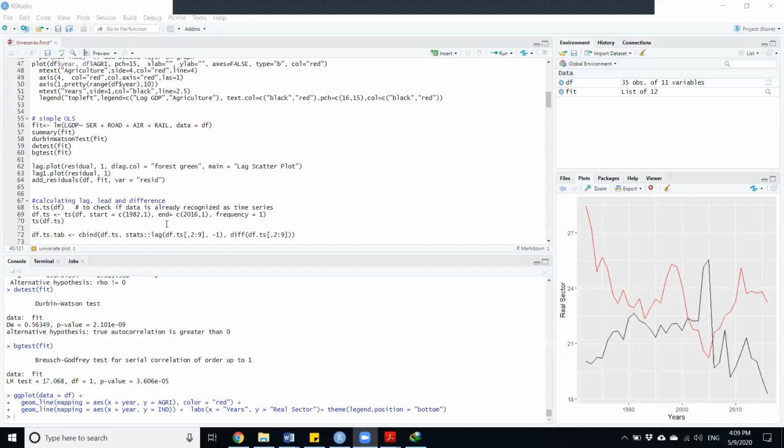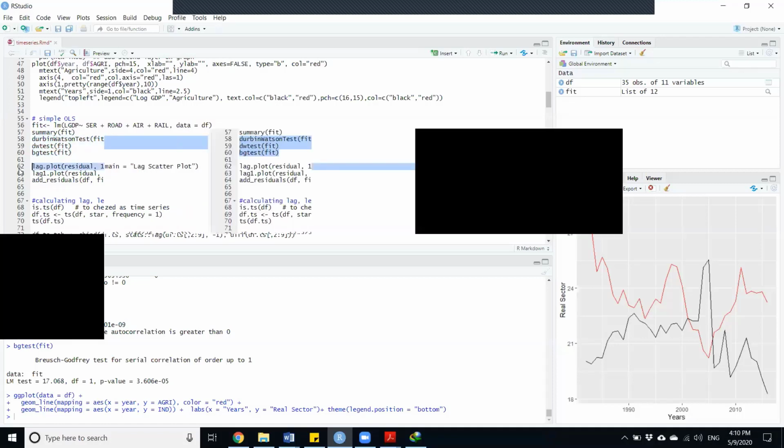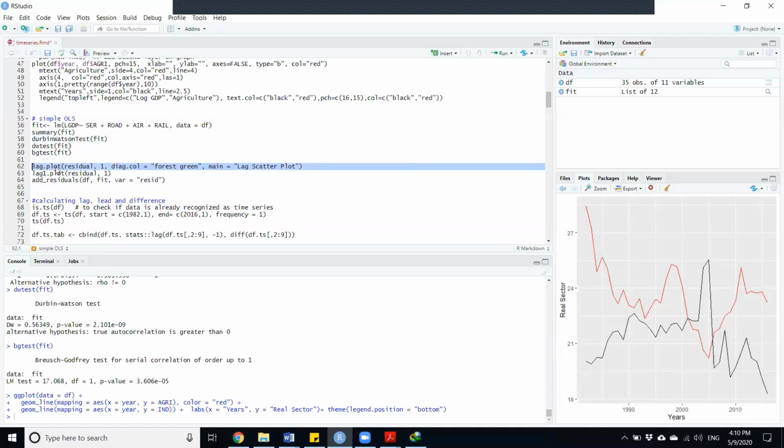So we have discussed that when we estimate an OLS on time series data, it is expected that there will be autocorrelation. We used three different commands to check the autocorrelation, and now we can do the graphical method. There is a graph command called lag plot. It uses the residual which we have generated.